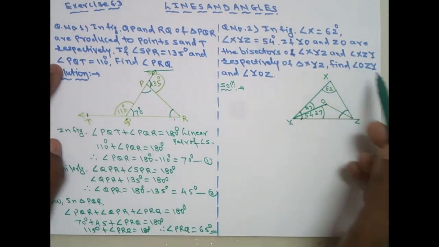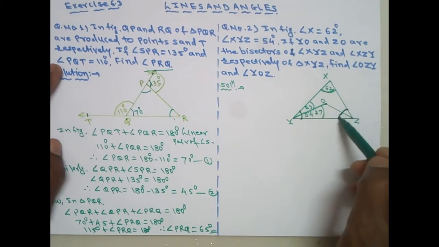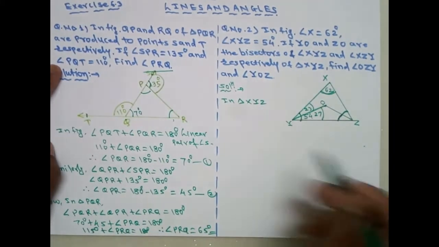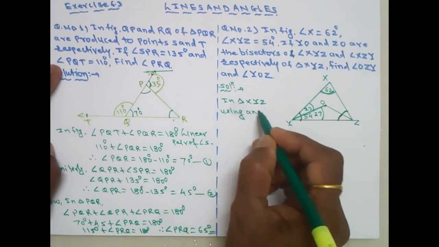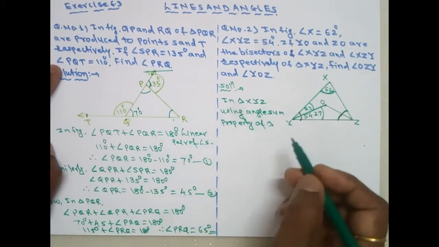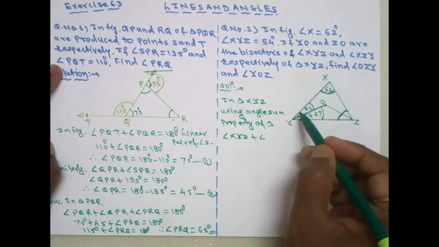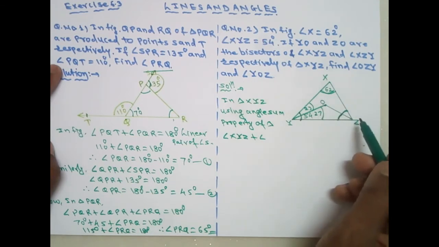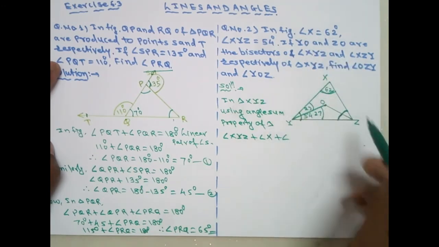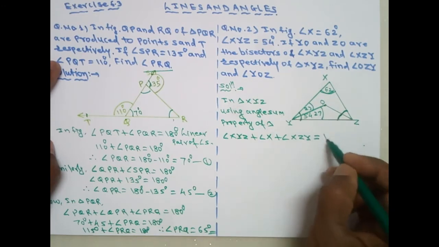Therefore you have to find angle OZY. This angle you have to find out. So what do we do? This 62 is given, this complete 54 is given, so we find this first, okay. So in triangle XYZ using angle sum property of triangle, angle XYZ, the XYZ means complete this, then angle YXZ, that is simply angle X, which is given, this angle X, plus angle XZY equals to 180 degree, right.